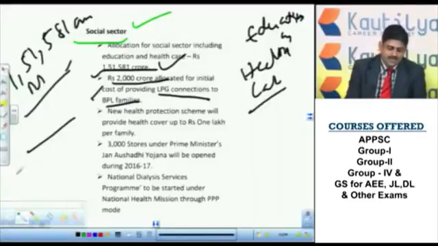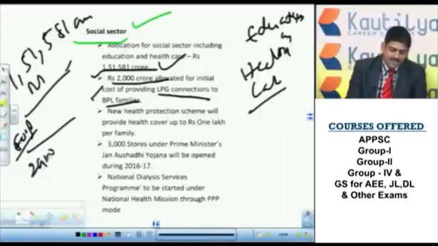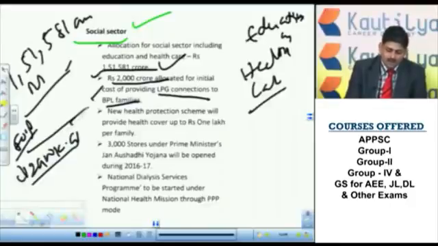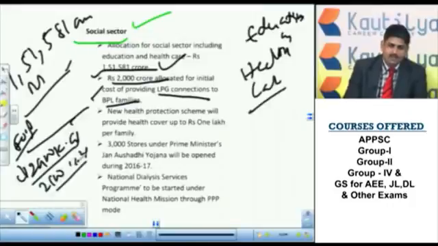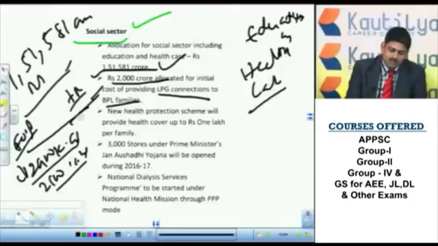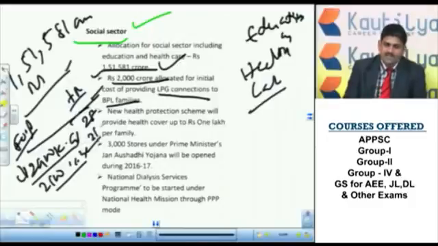As far as food is concerned, if we classify BPL based on food, those who are taking less than 2400 kilocalories in rural areas or less than 2100 kilocalories in urban areas will be considered poor. This is based on food. If you take financial resources, those earning less than 28 rupees in urban areas and those earning less than 21 rupees in rural areas will be considered as people below the poverty line.